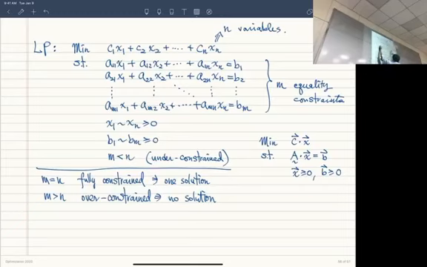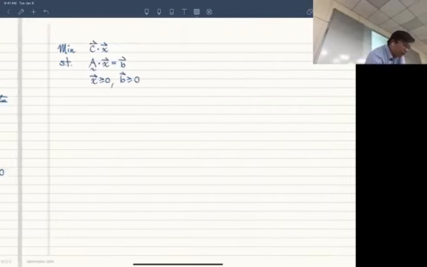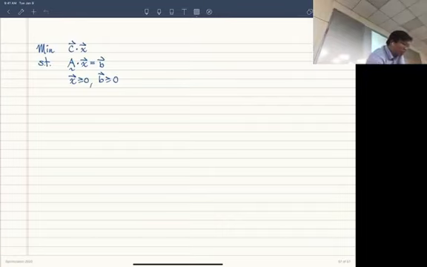So the horizontal size of A is larger than the vertical size. So if you try to visualize this in this way, you basically have